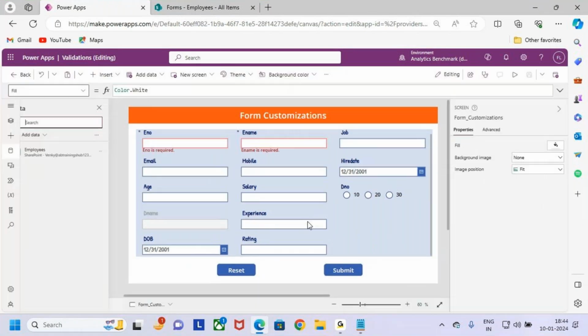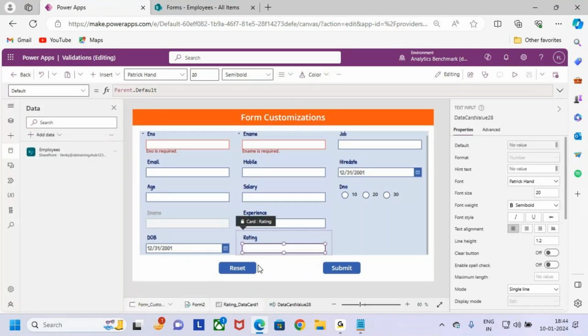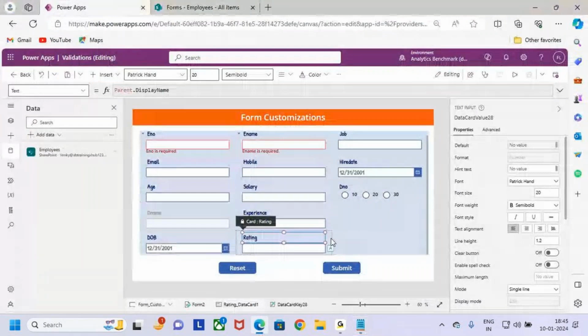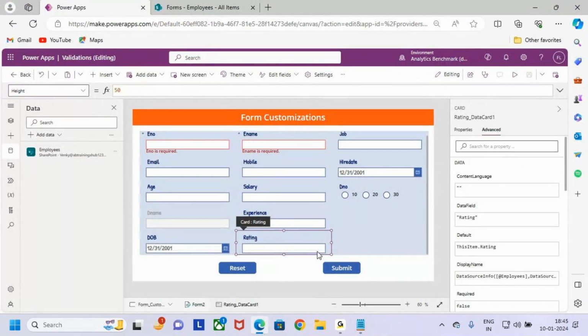Now let me show you how to change this control from a text control to a slider control or a rating control. First let me show you how to change it to a slider control, and then I will show you how to change it to a rating control. So go to Power Apps. First select the data card and unlock it. Now